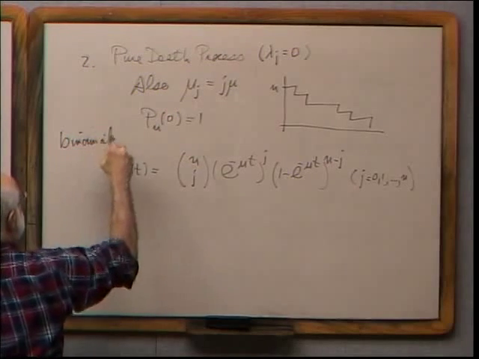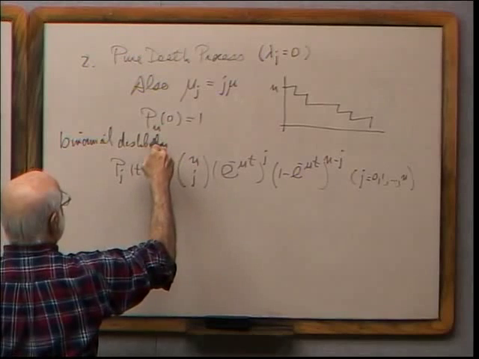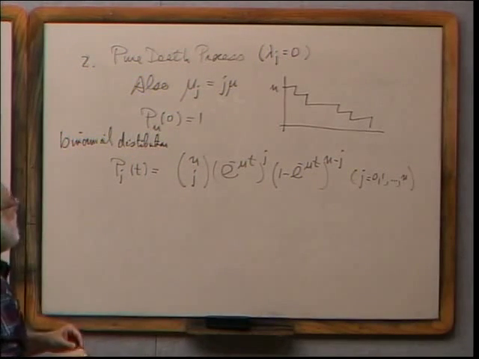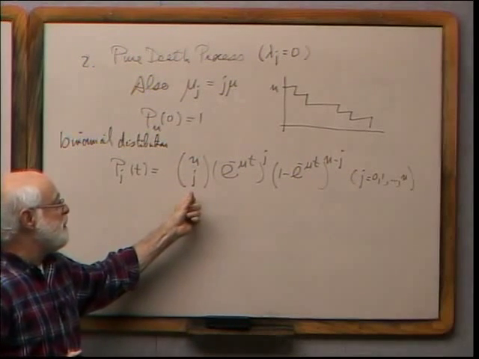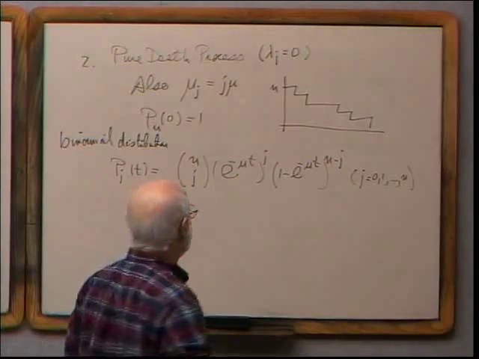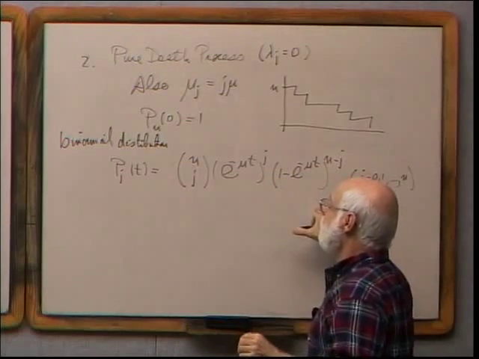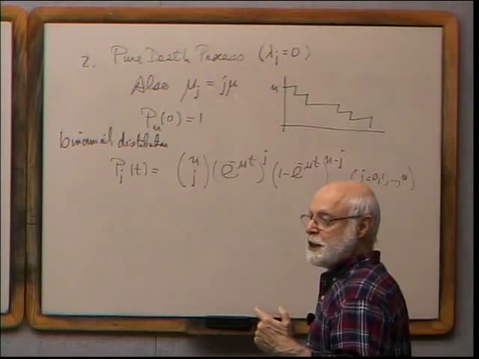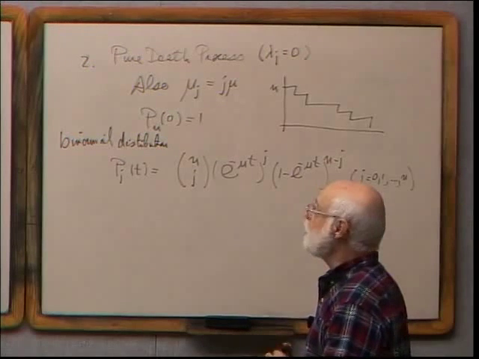So once again, even though I didn't seem to explicitly assume very much, what comes out of here is a probability distribution. So these numbers all lie between 0 and 1, and for any t, they sum to 1. And in fact, you could say more than that, because now you can give another interpretation. Suppose I had asked this question. Suppose I said that each member of the population lives and dies independently of each other member of the population,